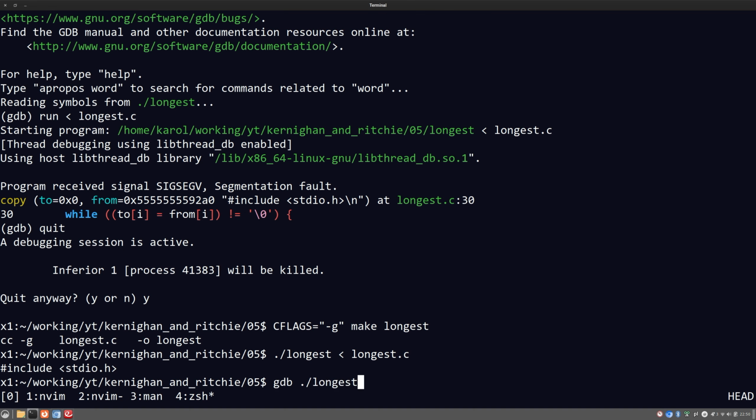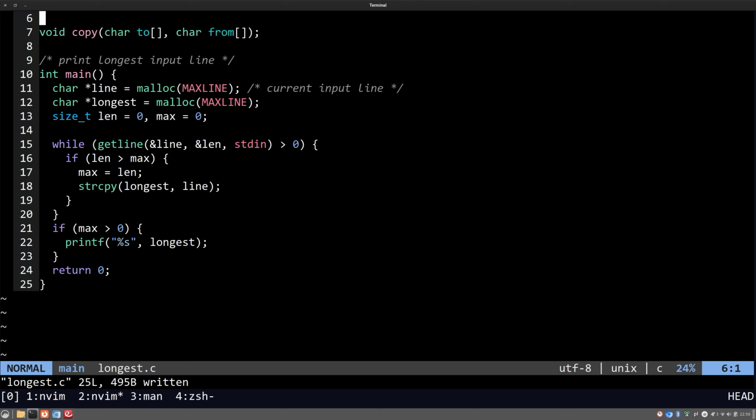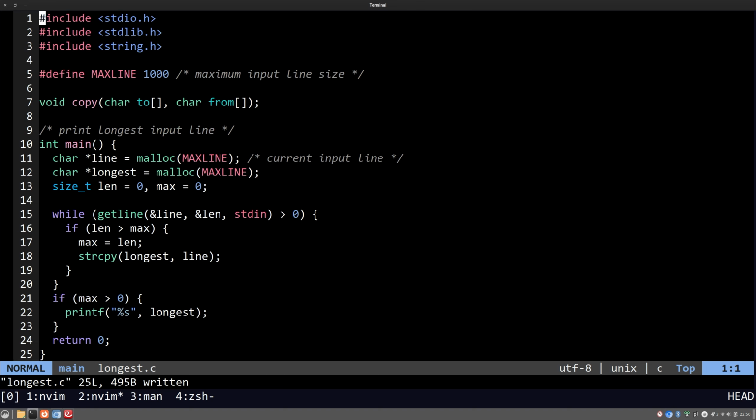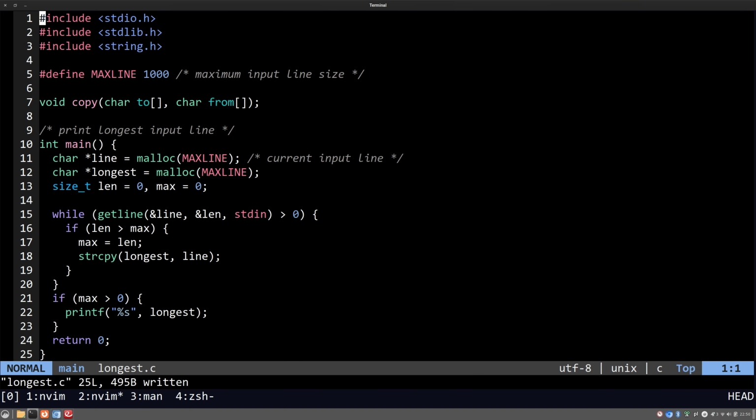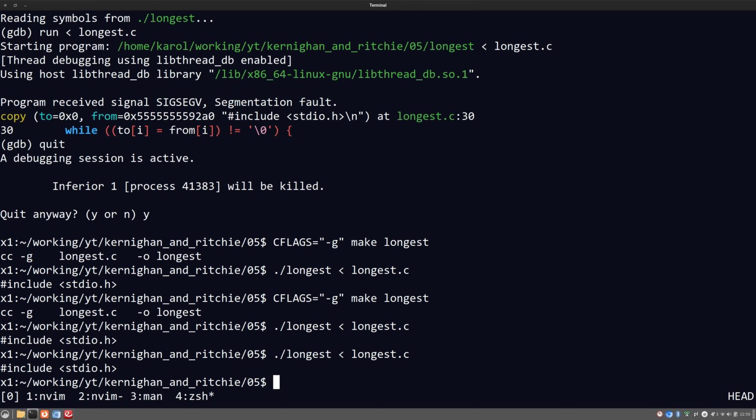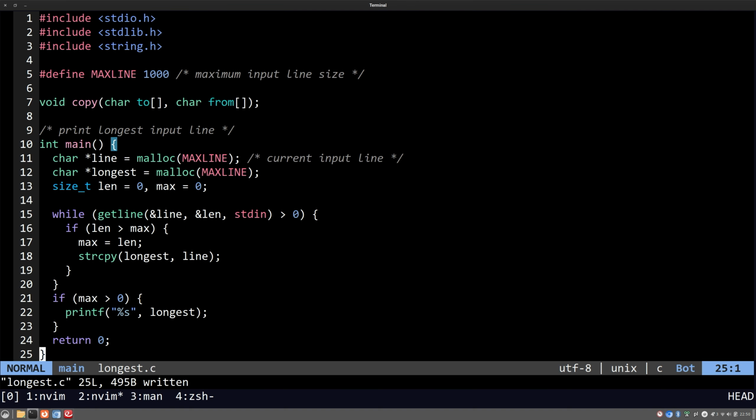And now, okay, it still seems to work. And okay, so let's see what... it still says it uses the first line. Okay, so if length is greater than max, it's probably not going to be greater. So what does,